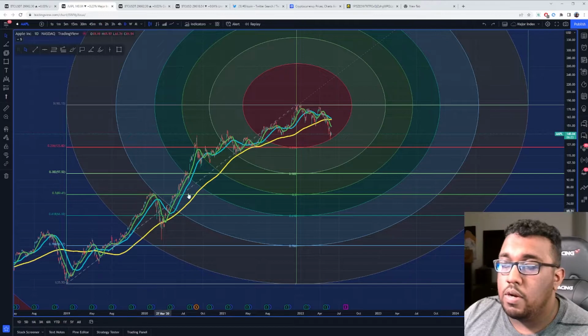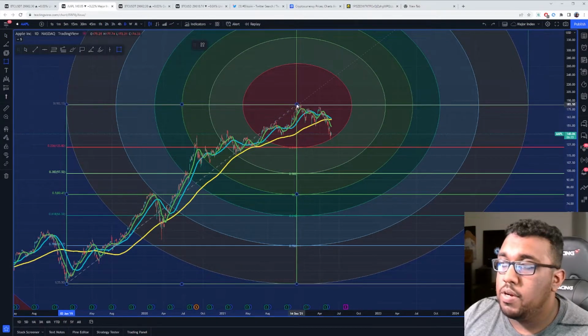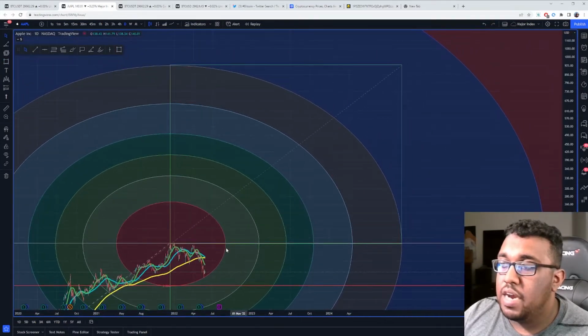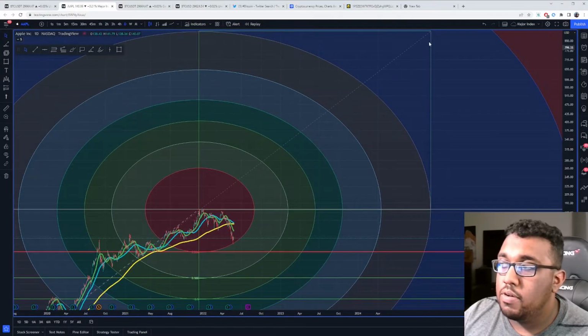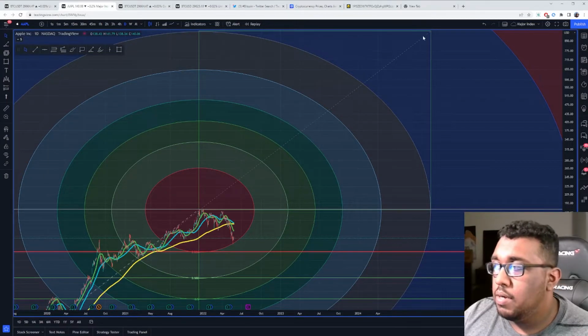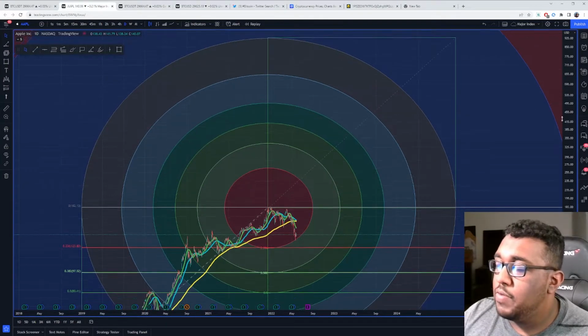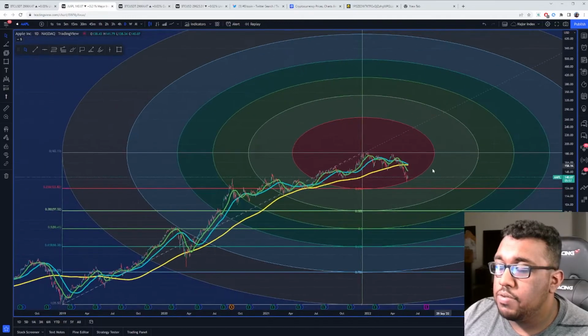you make a square from here to here, and I'll make a video about this, a square from here to here, and then you copy and paste it, and then you drag that rectangle back over here, and you try to make it as flush as possible with these lines here, and then you draw the Fibonacci circle from here, and then you drag it from all the way out here. That way it's squared. Staying away from too much math in this part of the video. But the main thing I want you guys to understand here